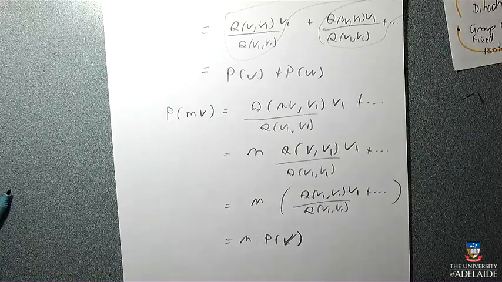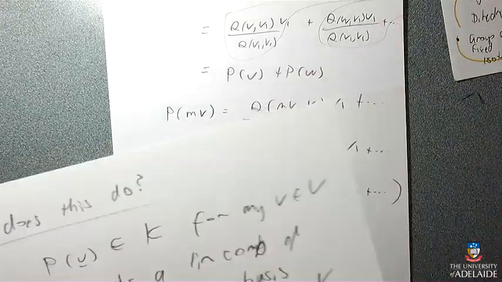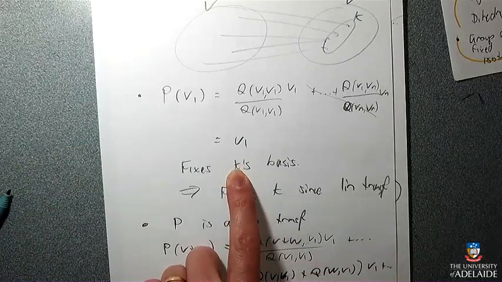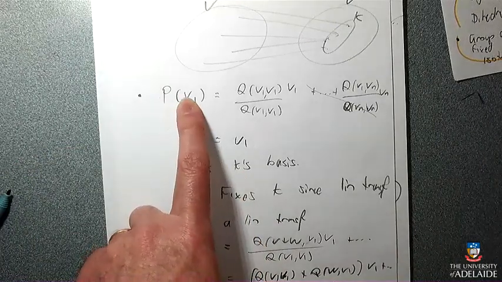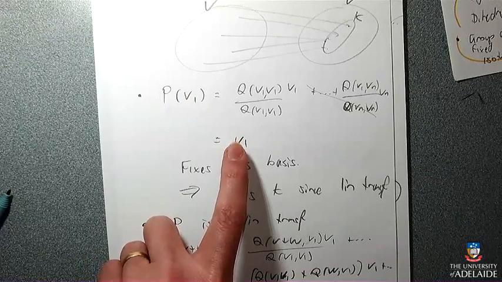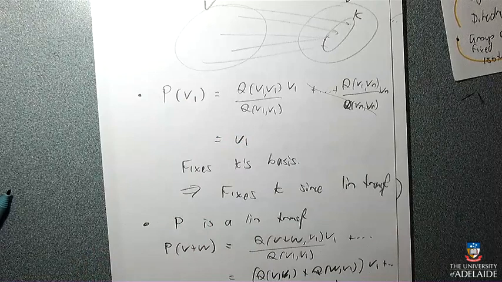Okay, cool. We're doing okay. And so because it's a linear transformation, if it fixes the whole of K's basis, then it must fix any multiple of V1, because P of A V1 will be A of P of V1, which is A of V1, which is the thing I put in. And so it must fix anything that is a linear combination. And that, I reckon, is a thing that we could prove to be true of any linear transformation. If a linear transformation fixes a set of vectors, it must fix the span of that set of vectors too.